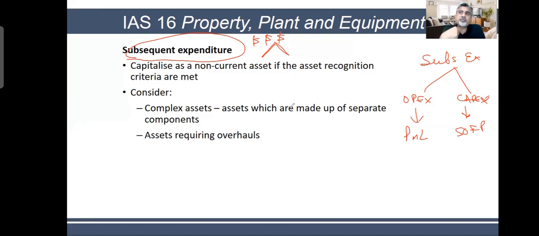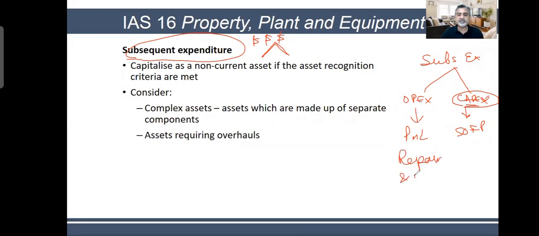The rule is, you should remember, if that subsequent expenditure increases the revenue generation capacity, if it increases the capacity to bring more economic benefits, that is capital expenditure. You will only make it CAPEX if it increases or enhances the economic benefit from that asset. Whatever is the economic benefit from that asset, if it is increased by that expenditure, it is capital expenditure. Otherwise, you call it repair